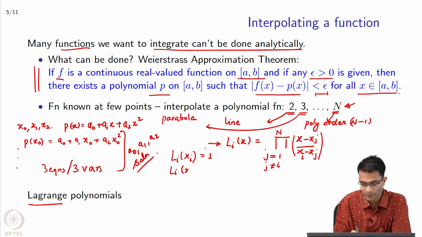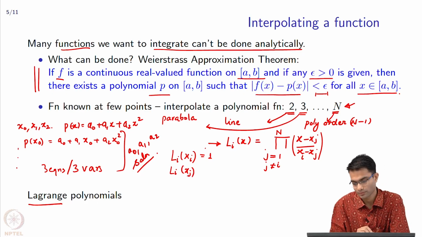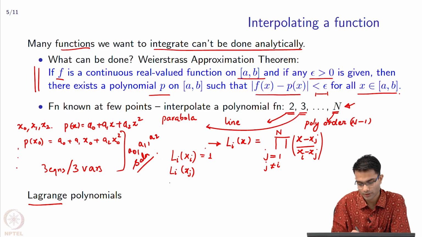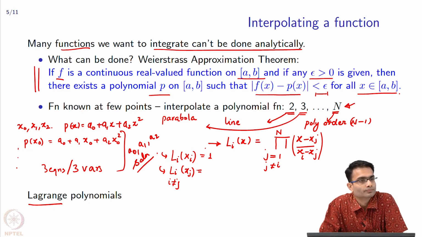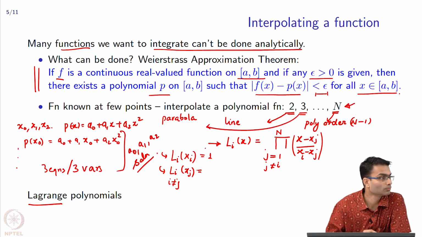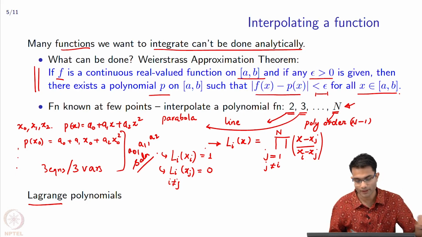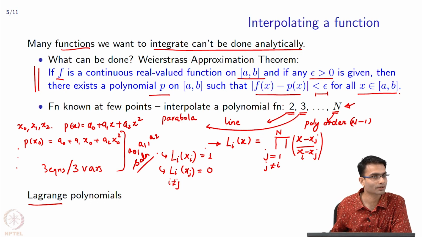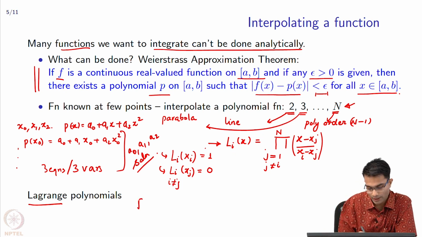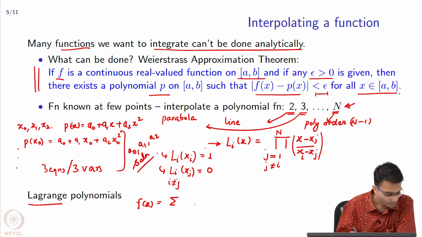Okay. Li of xj, okay, where i is not equal to j. What is this value? 0, right. So, if I write, using this so called Lagrange polynomial over here, can I write f like this? So, I can write this as